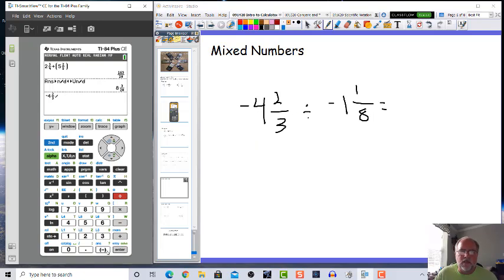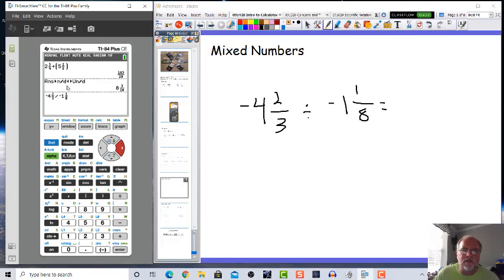And I'm going to do it again, negative. Go get my fraction form. Then I need the number 2. Then 1, right arrow, 1, right arrow, 8, right arrow. And now what I can also do, instead of just hitting the enter here and getting an improper fraction, I